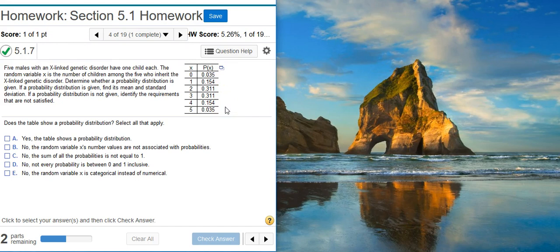The third requirement is that each of the probabilities added together must equal 1. You could punch these out in your calculator, or you could load it up into StatCrunch and get the sum there. I actually find it easier to get the sum by loading this into Excel. So if I dump this table into Excel,